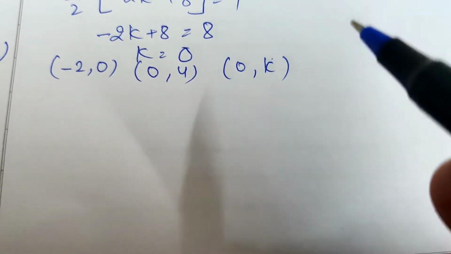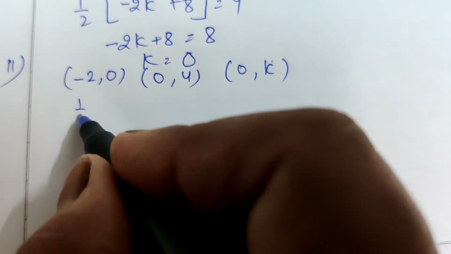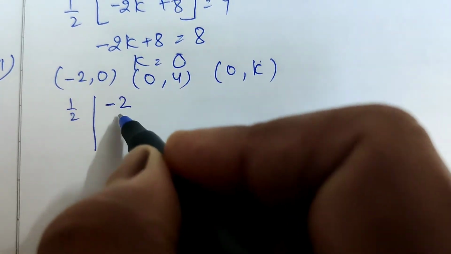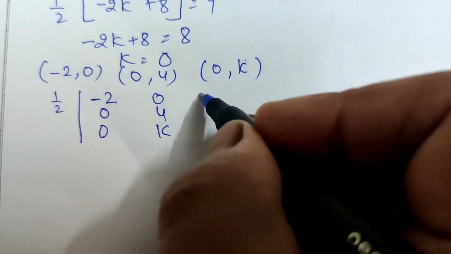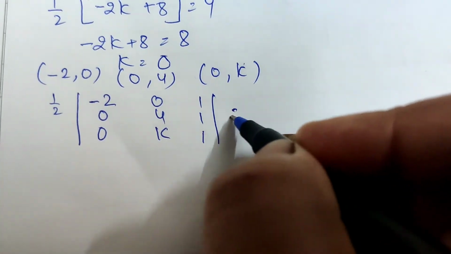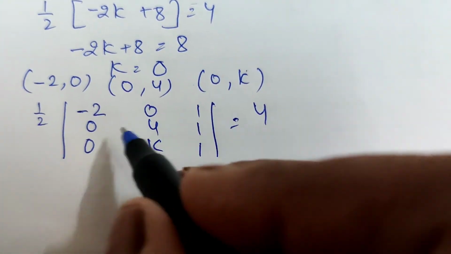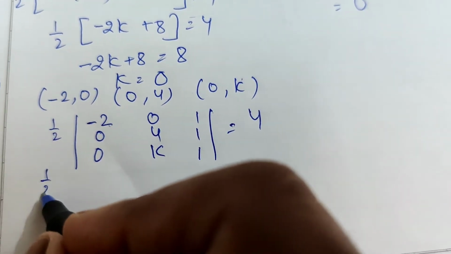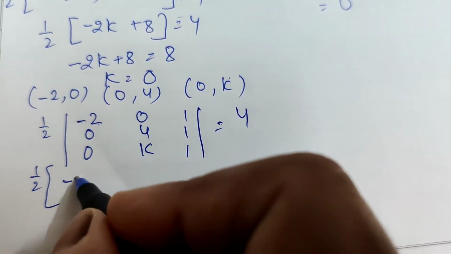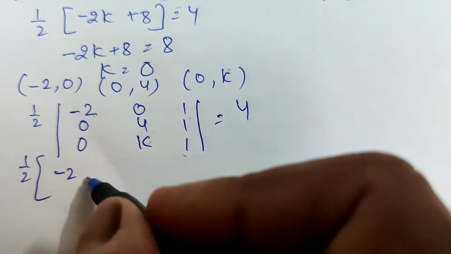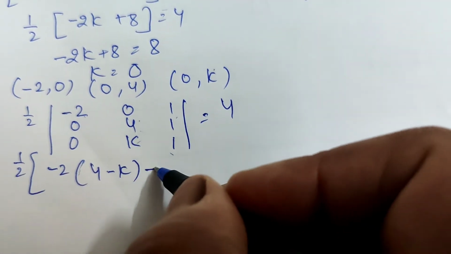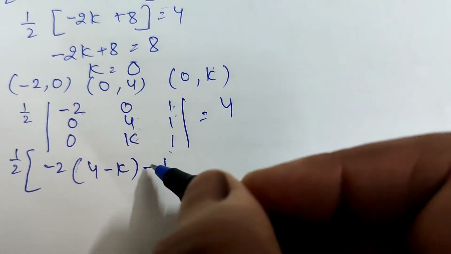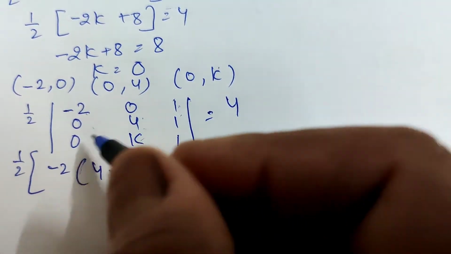The area equal to 4 square unit. It means 1 by 2, the formula, minus 2, 0, 0, 4, k and 1, 1, 1 equal to 4. Minus 2 into 4 minus k, and this is the 0. No need of 0. 1 plus 1, 0 into 0